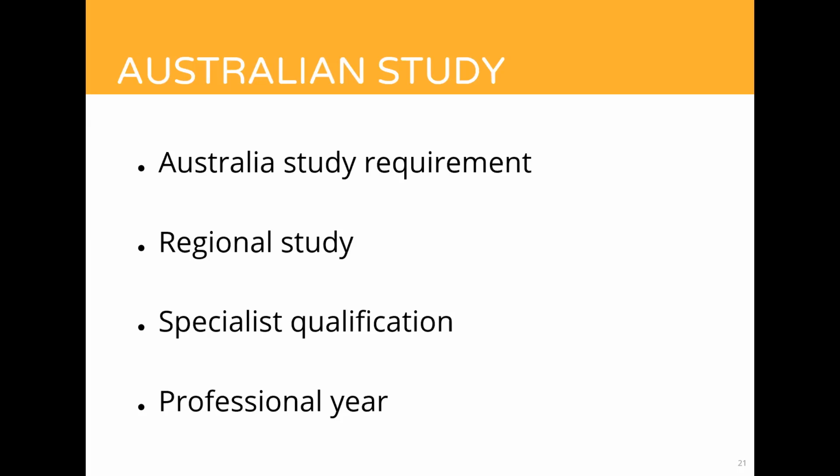If you've done that in a regional area, then you may gain additional points. So regional has recently been redefined to include the whole of Australia except for Sydney, Melbourne and Brisbane. So there may be some international students who started studying outside Sydney, Melbourne or Brisbane, but in an area that previously was not considered regional. That may now be considered regional if it's not Sydney, Melbourne and Brisbane, and you can retrospectively claim points for that study. Again, you must have completed 2 years study completely in that regional area, living and studying there.